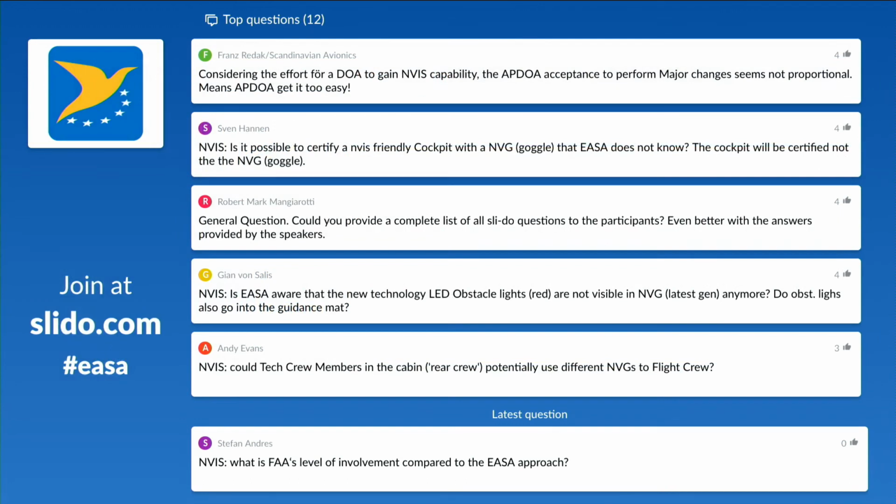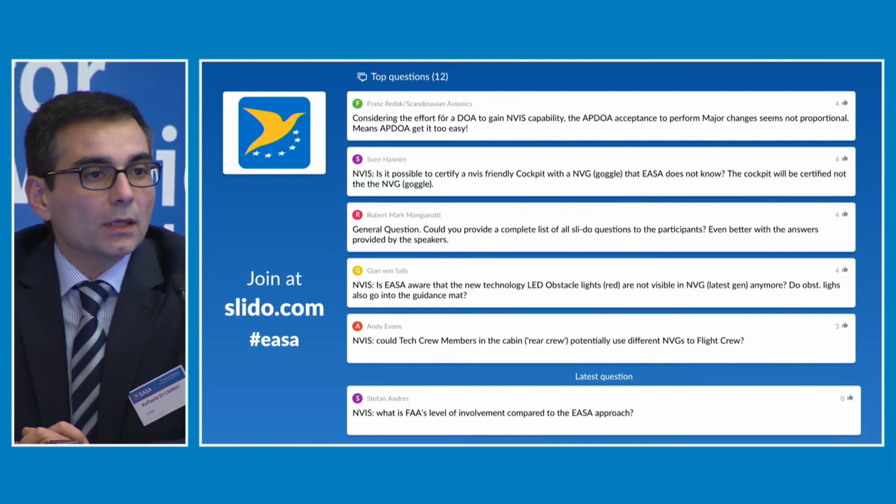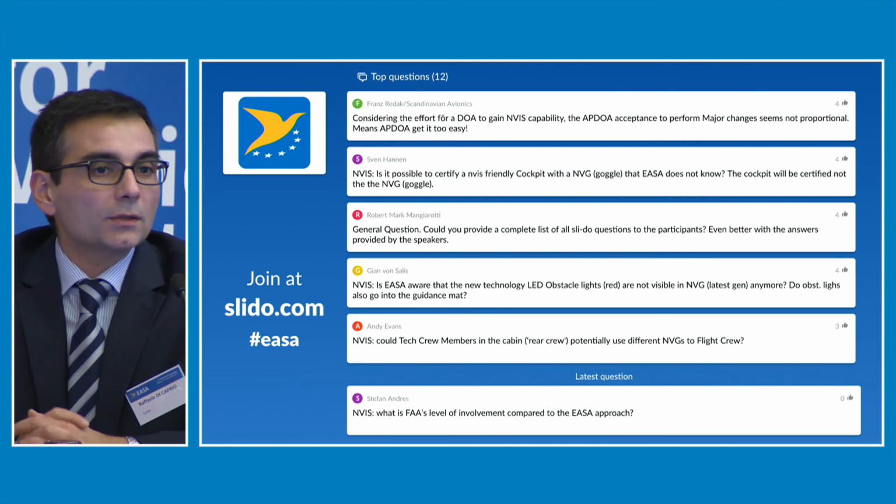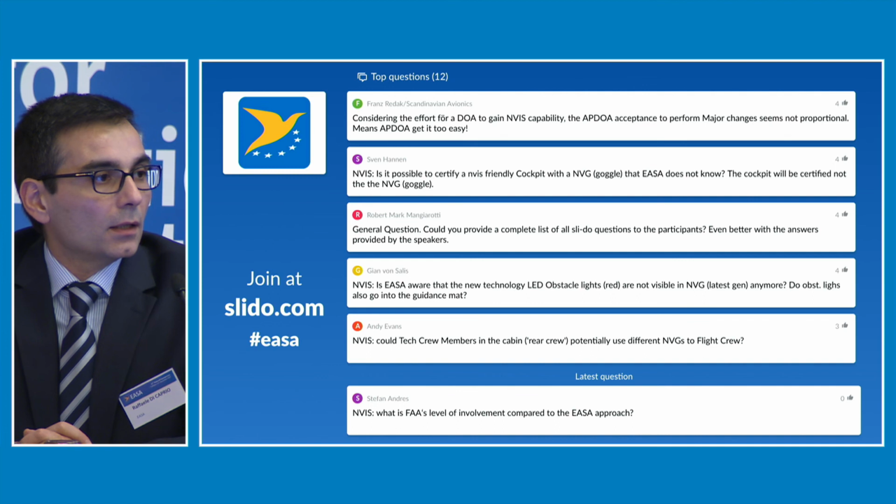Is it possible to certify an NVIS-friendly cockpit with an NVG that EASA does not know? The cockpit will be certified, not the NVG goggle. This is a very recurrent question that we have on the NVIS. The goggle, how is the goggle certified? How is the